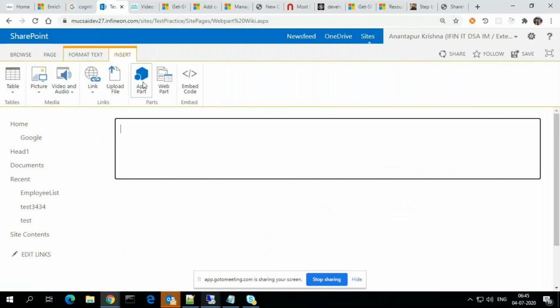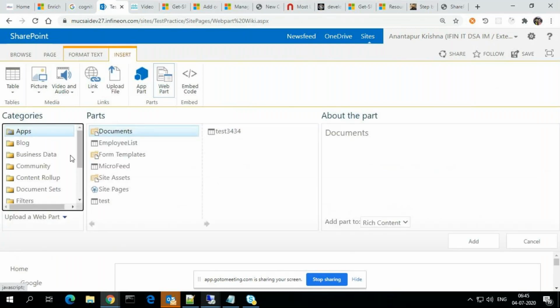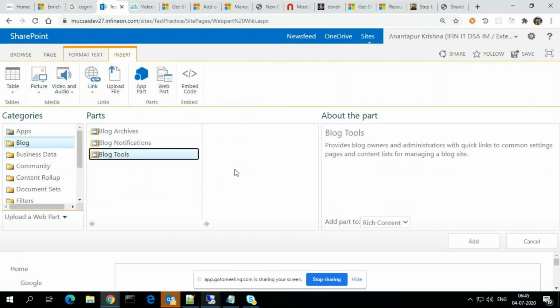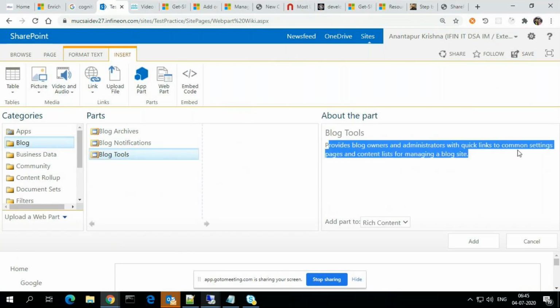We can create different web parts here. Suppose I can create a list and library, and I can customize that web part, like edit the web part and set the properties here. I have some other web parts, like blog web parts. If I want to use Blog Tools, it will give some description about it: provides the blog owners and administrators quick links, common settings, pages, content.